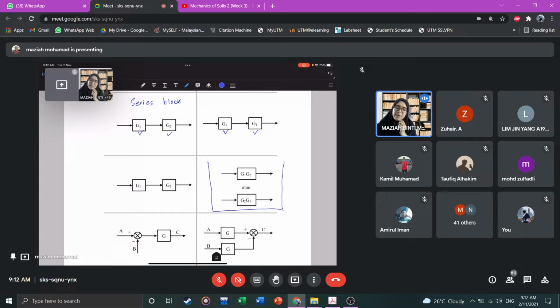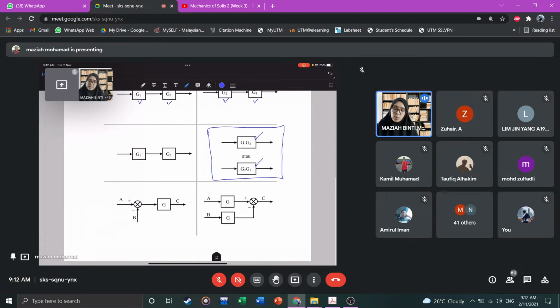So for a series block, this is the simplification. After simplification, it will become one block only, where you will need to multiply both blocks together. So for series block diagram, we're going to multiply them. Therefore we have G1, G2 or G2, G1. It is the same. All right, so that is the first rule. The first one is series block. Okay, the second one